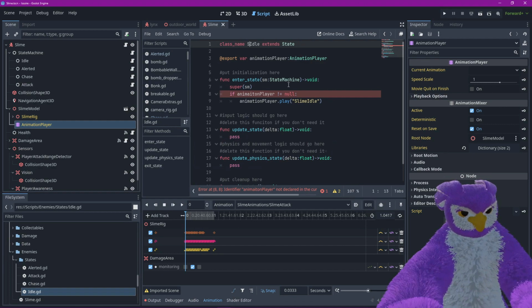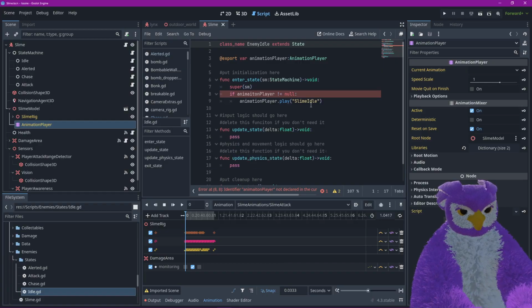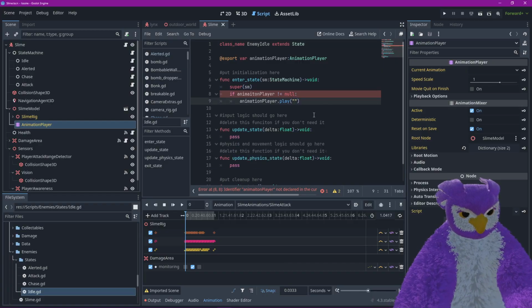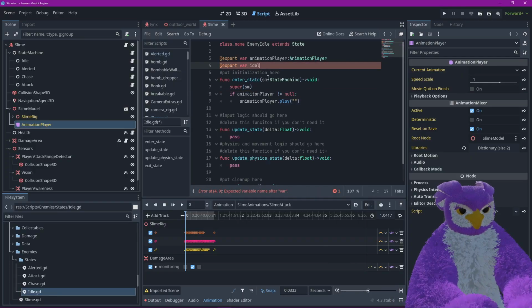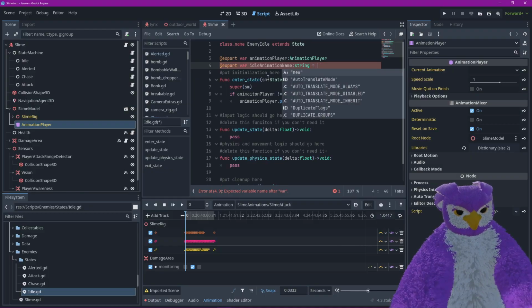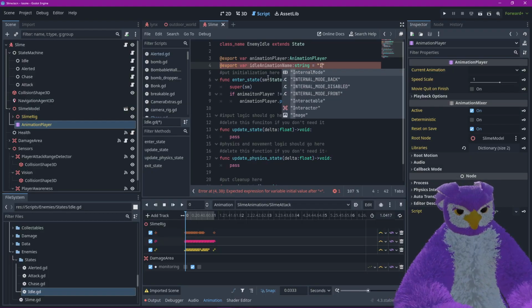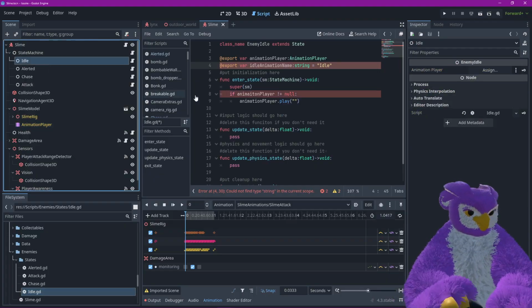Actually, hold on. Yeah, we'll make this enemy idle, and export var idle animation name equal to, but we can change it in the individual